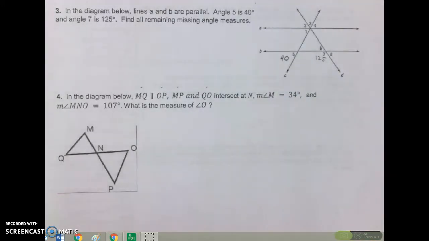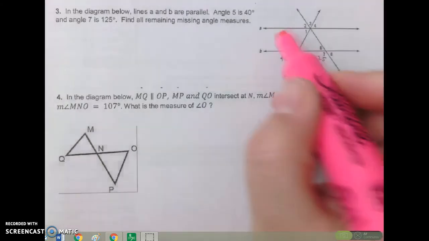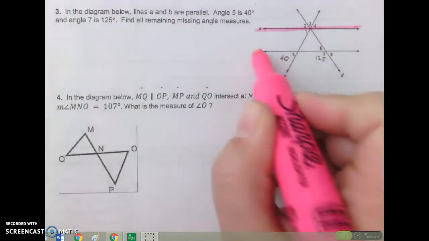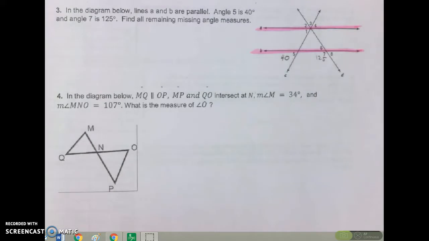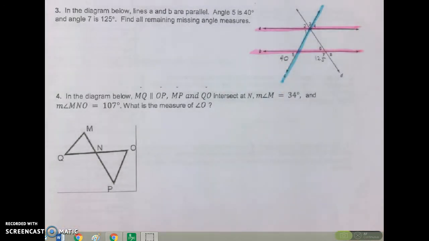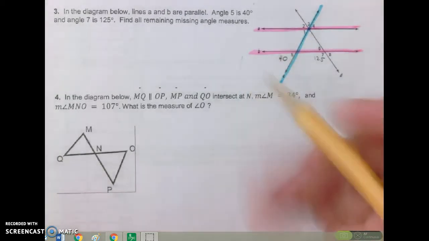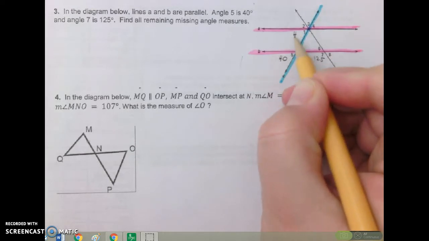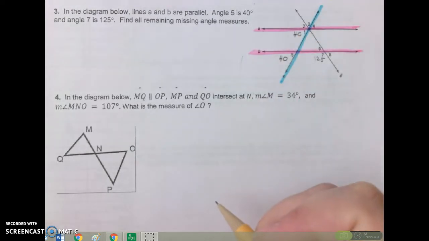I know that if you keep in mind, when you have parallel lines cut by a transversal, you can only really focus on one transversal at a time. And I'm going to look at the first transversal, this one being line C that cuts through lines A and B. And I know if angle 5 is 40, I know angle 1 is also 40 because those are called